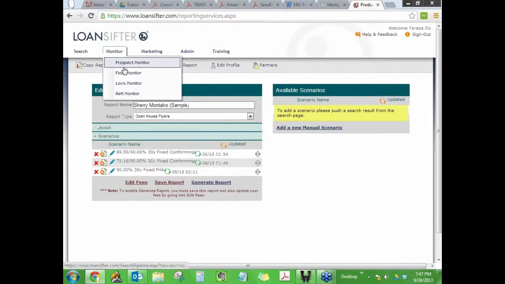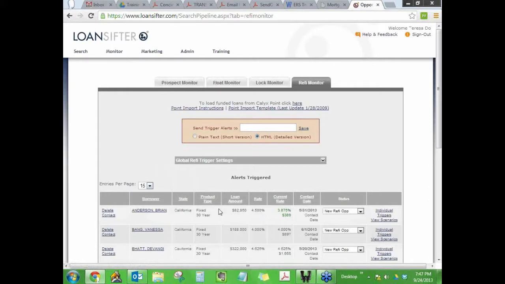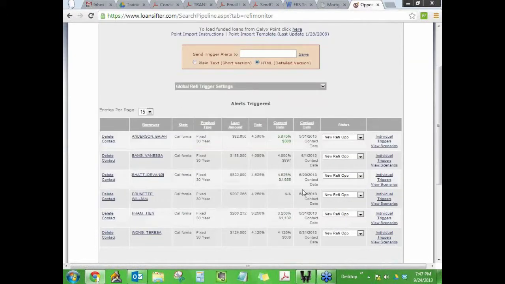There is what is called a refi alert on here. When you add somebody to this, I just put some sample here. Let's say the current rate is 4.5%. I put that in there. And then today, the rate's 3.875. What it would do is email me and say, hey, give this person, Brian Anderson, a